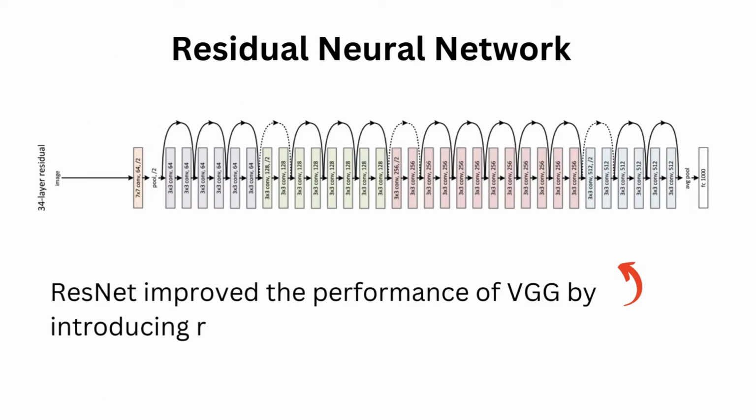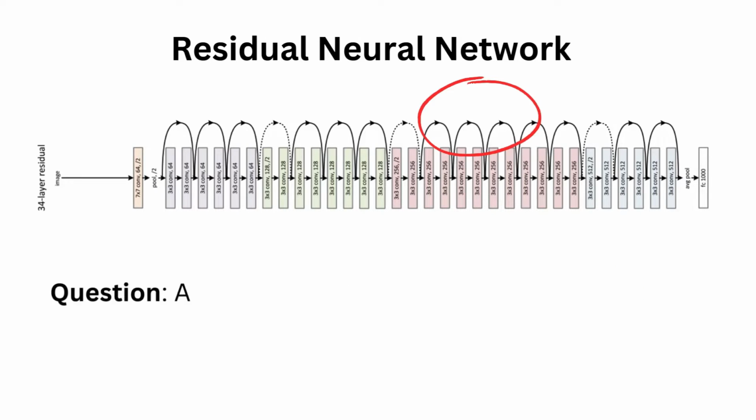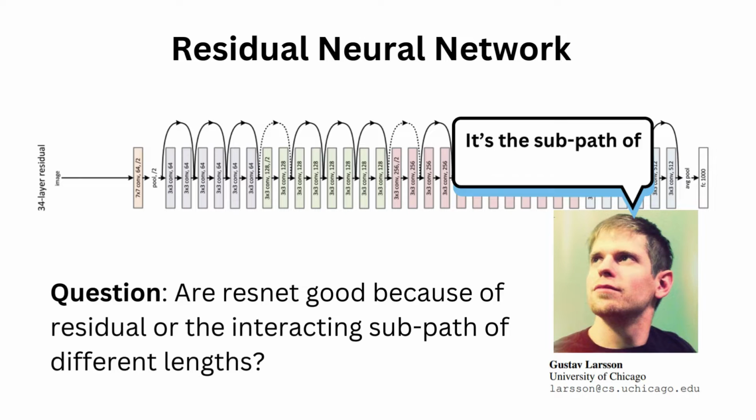The ResNet architecture was able to improve the performance of VGG by introducing residual connections. This led to deeper, more performant networks. An important question to ask is whether ResNets were more performant because of the residual structure of their connections or because the network implicitly created subpaths of different lengths. Dr. Gustav Larsson thought that it had to do with subpaths of different lengths and that the residuals aren't even